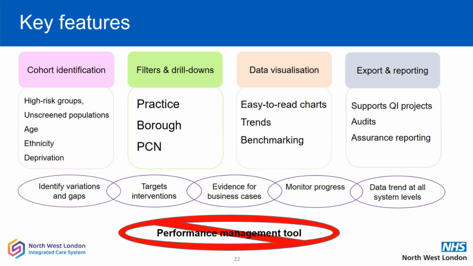And we can also break it down by factors like age, ethnicity, and long-term conditions. The dashboard presents data through visual charts and trends, which makes it easier to analyse and compare across the different settings. And we can also export the reporting functions, so we can use the data for audits, assurance reports